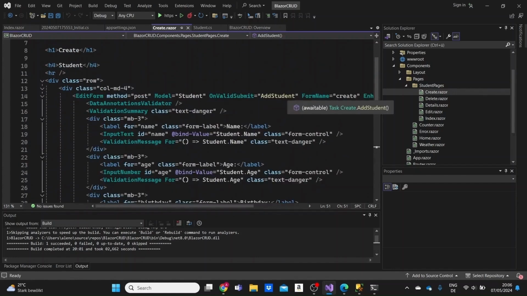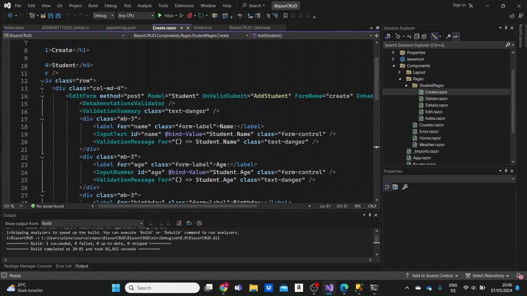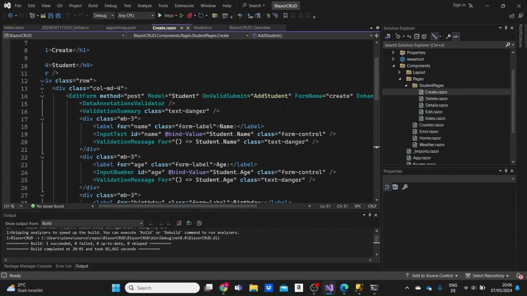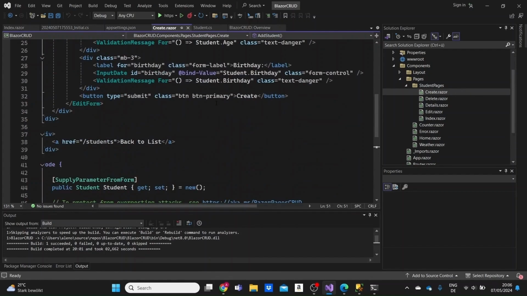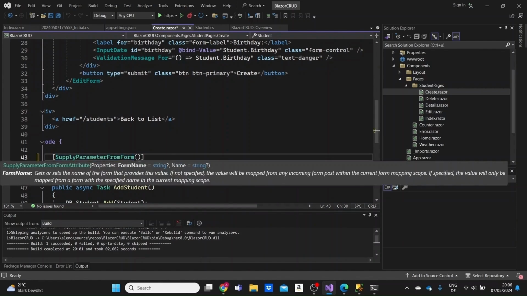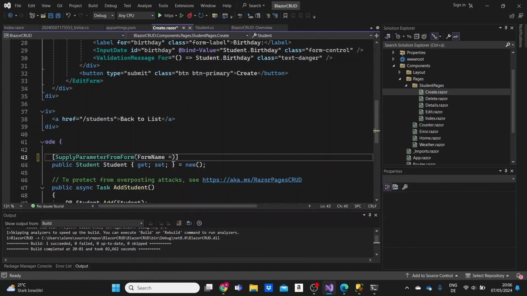One last thing is the form name was specified to create here using this form name attribute, and this is necessary in cases that we have multiple forms in our page, and when we basically have a property below here, we can specify the form name inside this property so that the data of each specific form will be bound to the correct property. In our case, we do not need this because we only have one form,